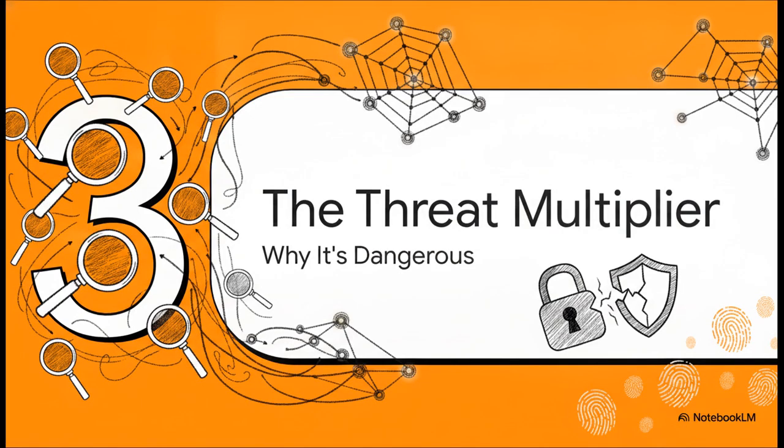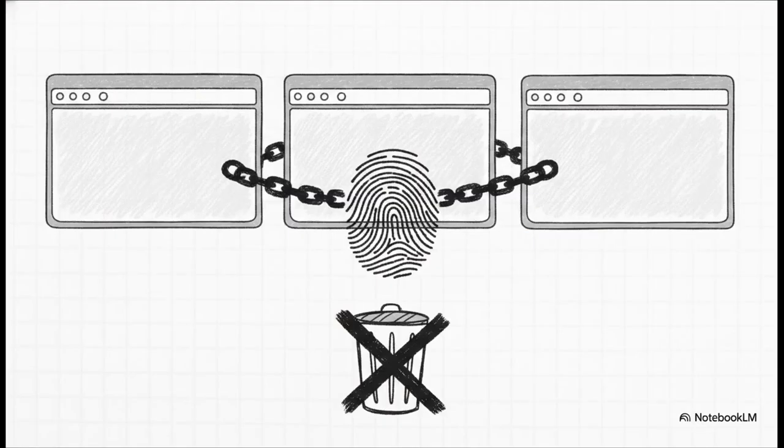All right, moving into part three, the threat multiplier, or basically why this is so dangerous. Why is this so much worse than a standard tracking cookie? Why do we need to be particularly worried about this going into 2026? The reality is, your font fingerprint is terrifyingly persistent. You can't just clear it like a